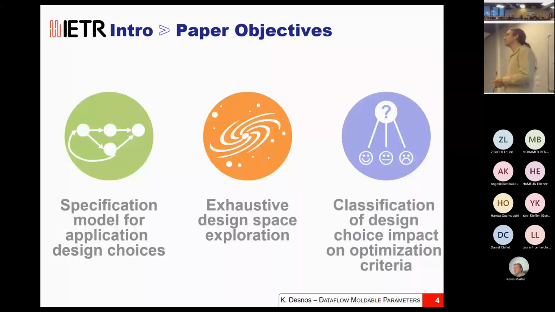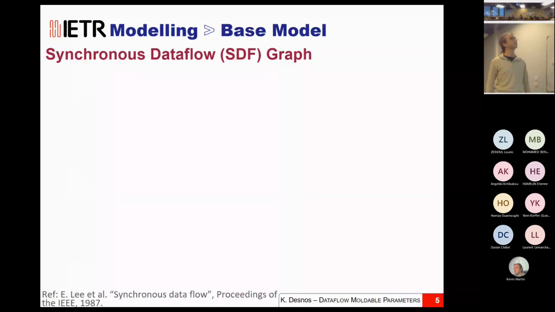And then, because studying exhaustively the design space that we want to explore is usually not a good idea, we try to give hints on how we could proceed in the future to have a non-exhaustive design space exploration and try to be smarter in the way we explore the different parameters of the application. So what is our input model for the application?